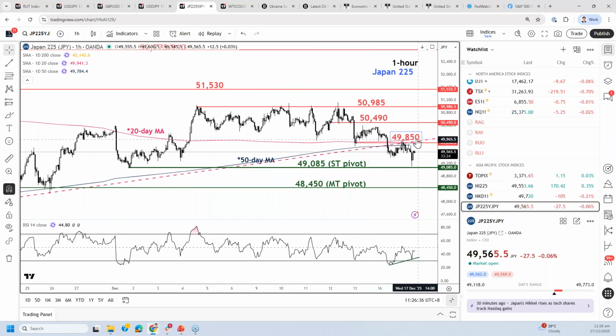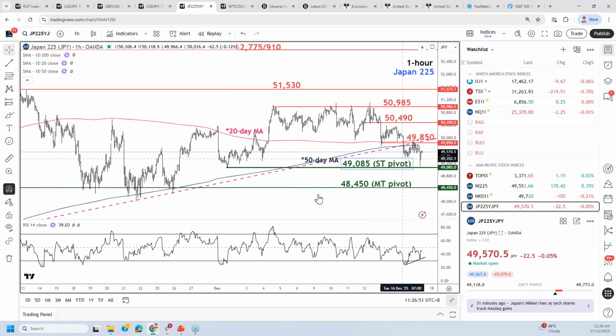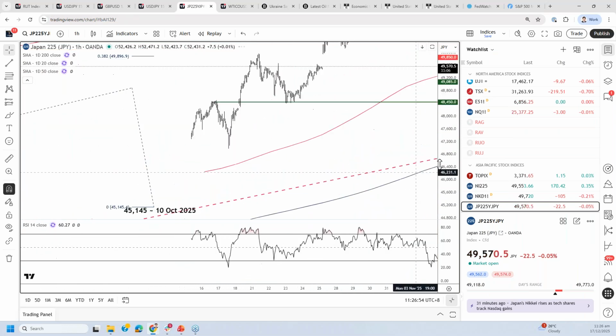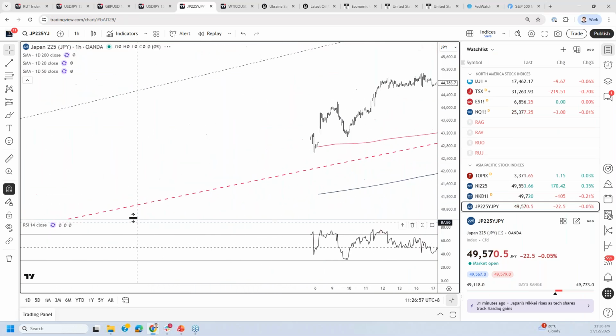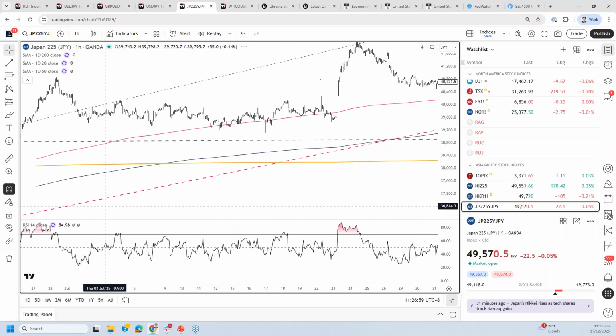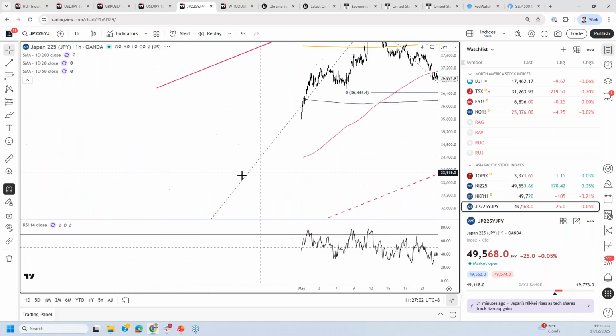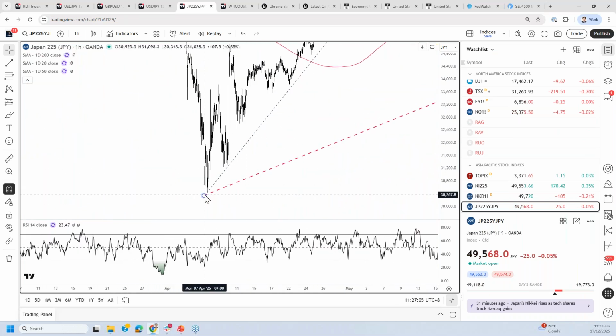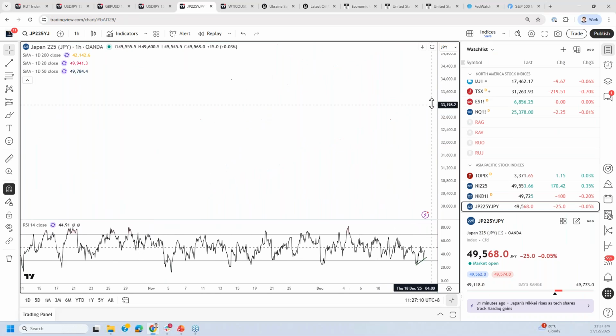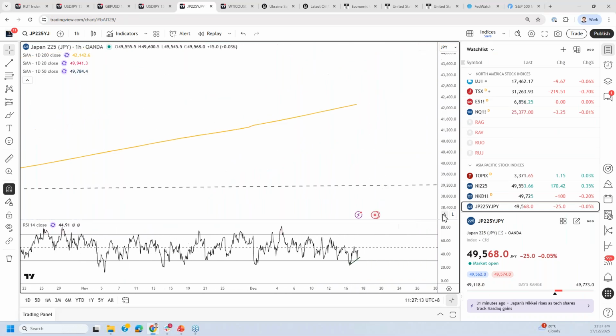First resistance level to watch, or what I consider as an upside trigger level, will be a bunch of technical elements that are confluencing at this level at 49,850, which is the 50-day and the 20-day moving average, as well as this minor swing high of 16th of December and the former medium-term ascending channel support level drawn from the low of April this year. Okay, let me go back in time. The 7th of April low this year, 2025, now turns into a critical pullback resistance level.